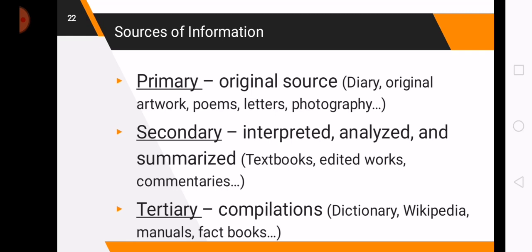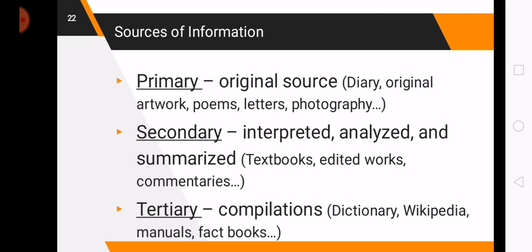Okay, let's talk about the sources of information, because this is also important. We have three types. The first is primary, and the second is secondary. The third is tertiary. So the primary, obviously, it's an original source. So we can get the original source from diary, because it's our own experiences, from original artwork, poems, letters, and photography.